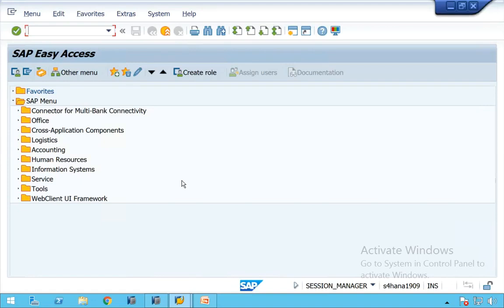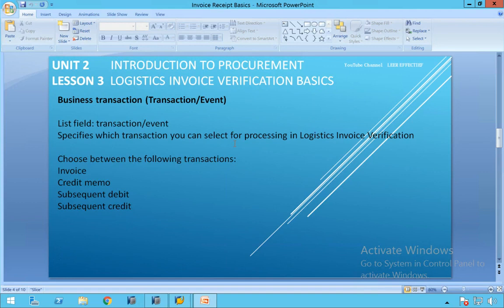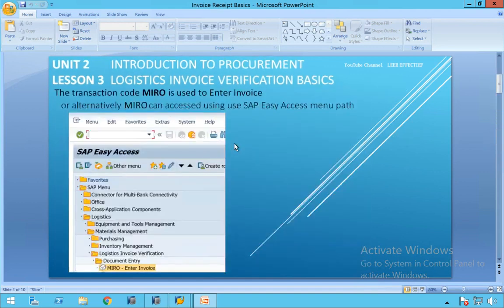Today we are going to discuss logistics invoice verification, or simply invoice verification, in SAP MM. We'll go to the slide. So what is the first?